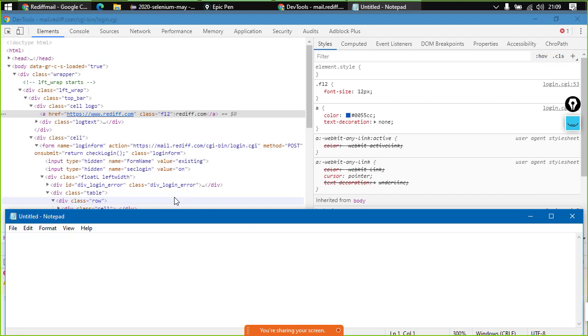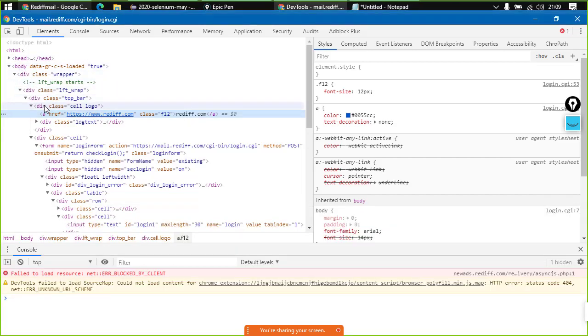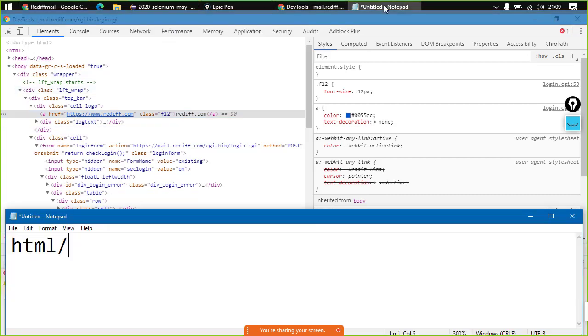Now the first thing is the root tag is HTML. Inside HTML, we need to get to the body tag. Our motive is to reach this particular point, but to reach this point, we need to go step by step. So the first step is done.